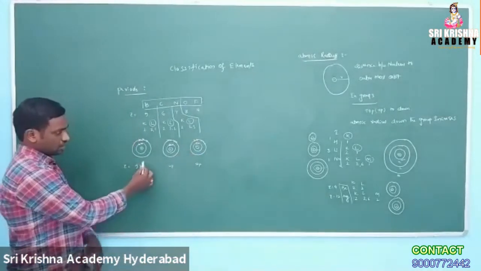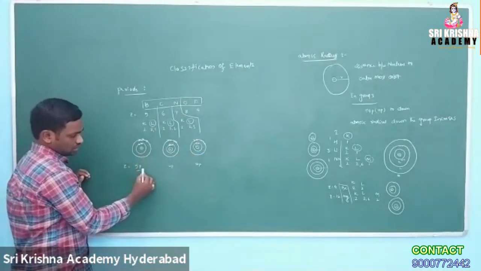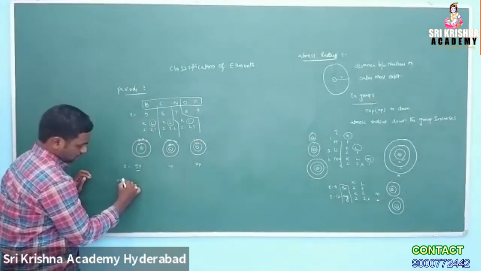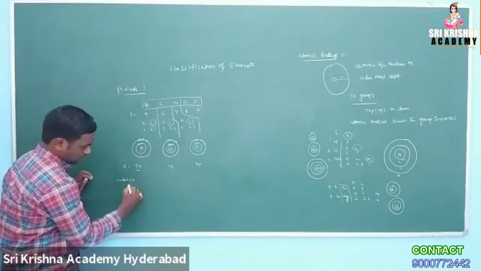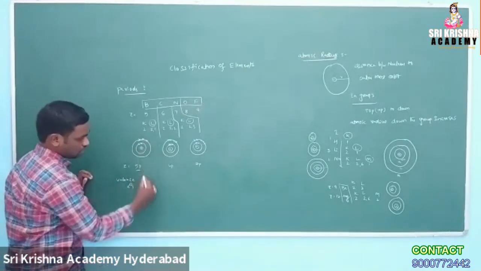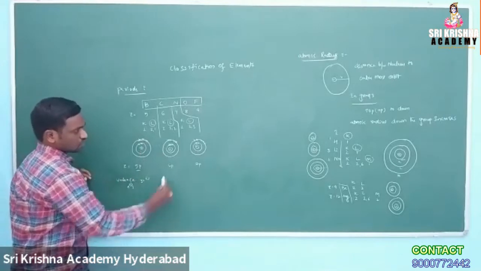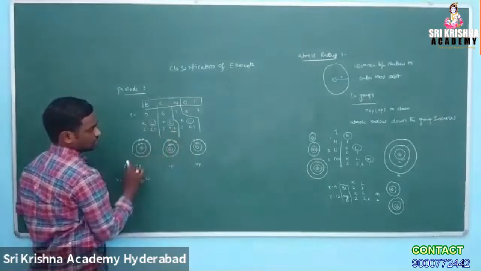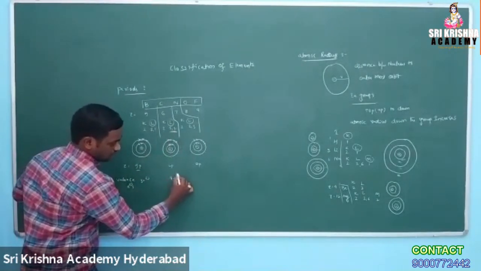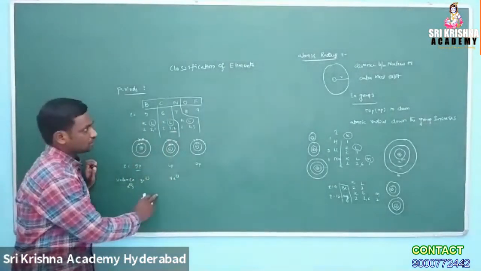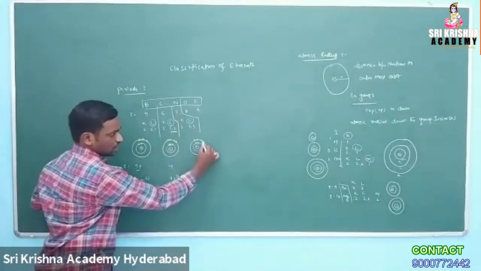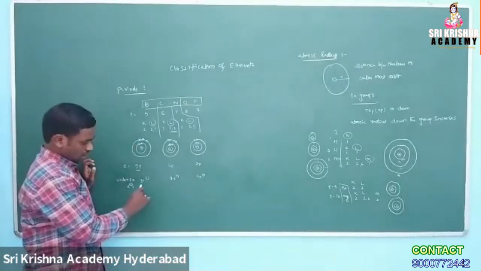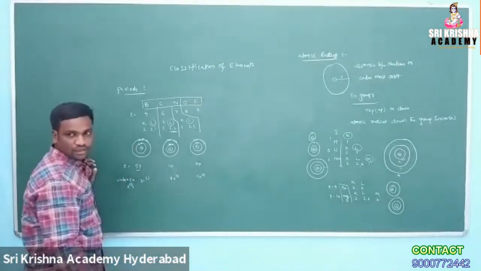So consider the number of electrons in the valency shell. 5 protons are there inside. How many valency electrons? Here we are talking about valency electrons. Valency electrons in boron is 3 electrons. Valency electrons means outer shell electrons, the last shell electrons. The last shell electrons for carbon is 4 electrons. For nitrogen, how many valency electrons? 5 electrons are there. So 3 electrons, 4 electrons and 5 electrons are there.